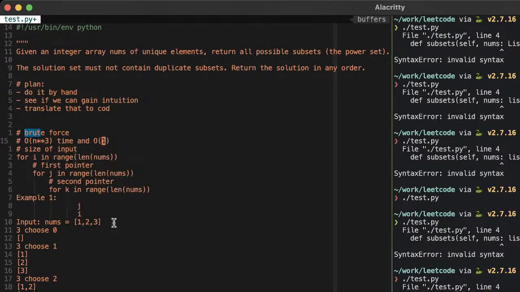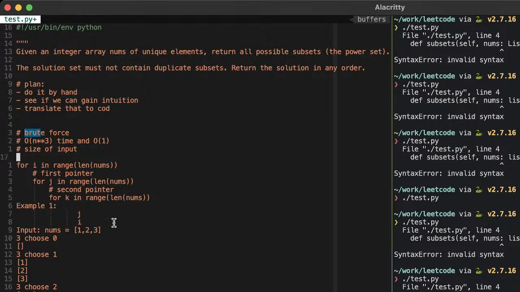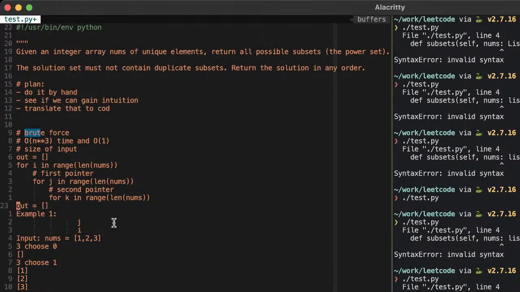Well, no, definitely not O of 1 space, because we're going to have to keep track. We're going to use some intermediate space with this variable. We're going to append like these individual values to this output value. So it's related to, let's see, 1, 2, 4, 5, 6, 7, 8.